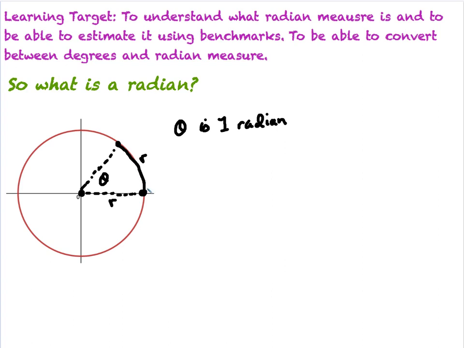And so this then brings the idea, okay, if this is 1 radian, the next logical question is, how many radians are in a circle? Like, we know there was 360 degrees in a circle, so how many radians are there? So if we say how many radians are in a circle,